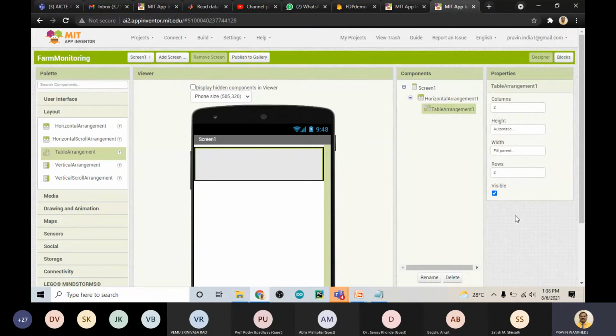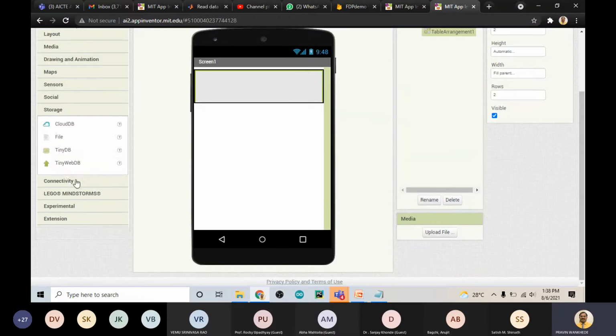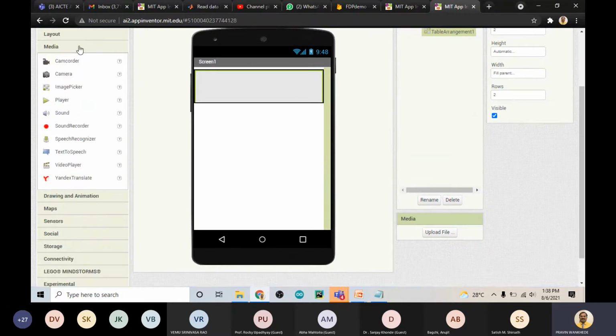Fine. Now I will open some image. So I need an image here. So media.